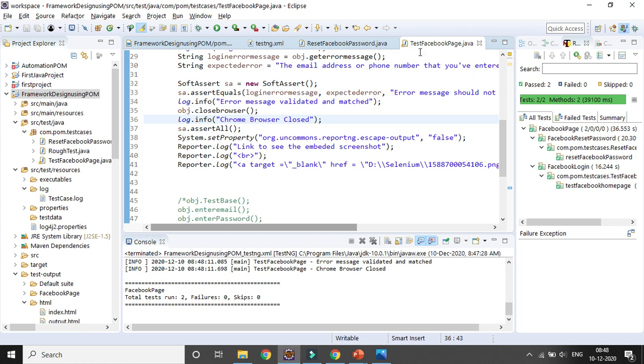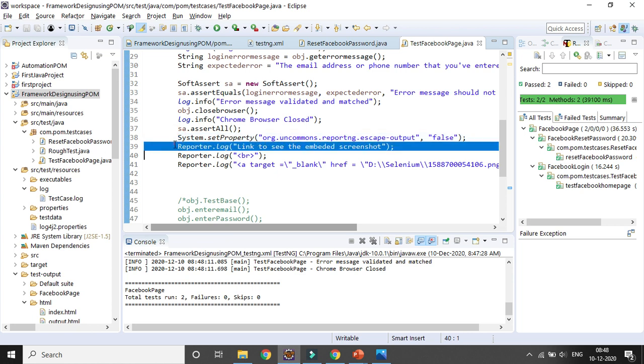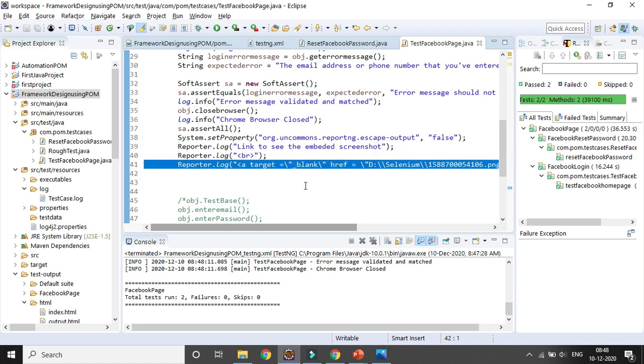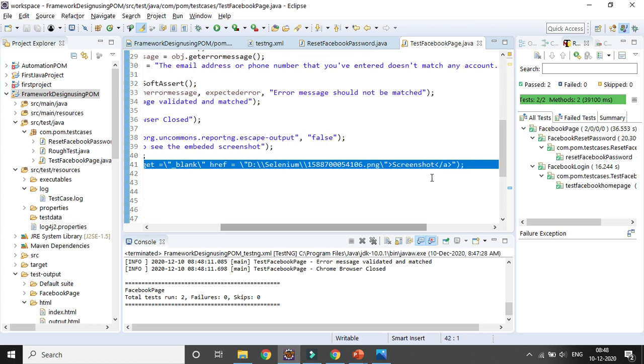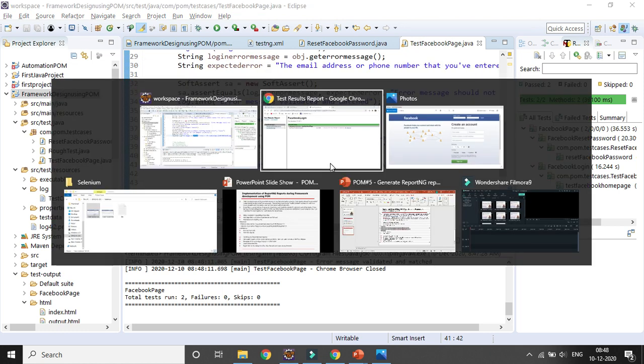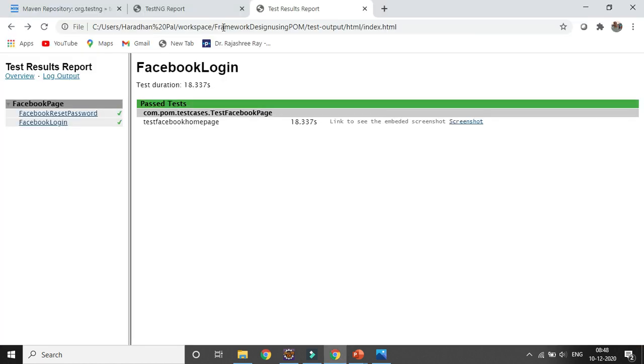In this class, the TestFacebookPage class, we have set the property first, and we want to report some log, a link to see the screenshot. After that we have a line break, and then we write a hyperlink, an anchor tag, which will be the screenshot name. If you open the screenshot, this link will open in a new page, because we have given the target as a different browser window. So now let's refresh both the things,